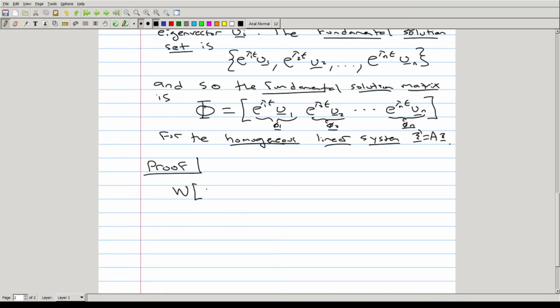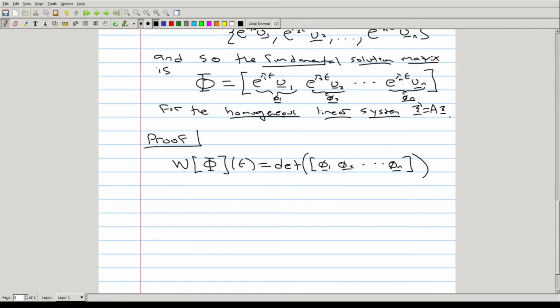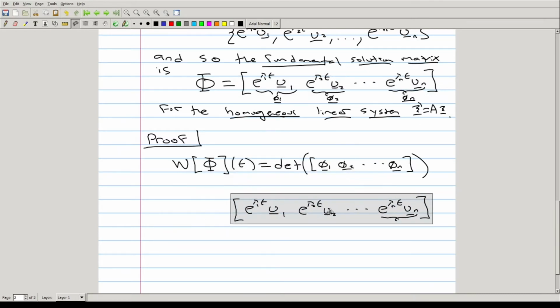So the Wronskian of this fundamental solutions matrix as a function of t will be the determinant of this matrix formed by phi1 to phi n, which is the determinant of this matrix,